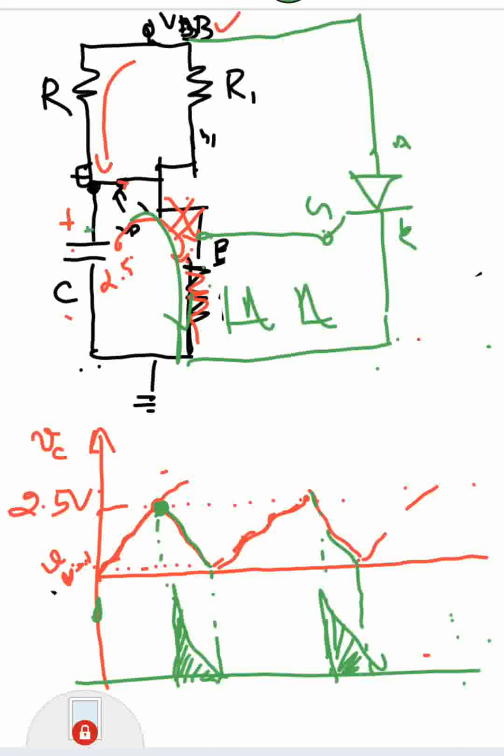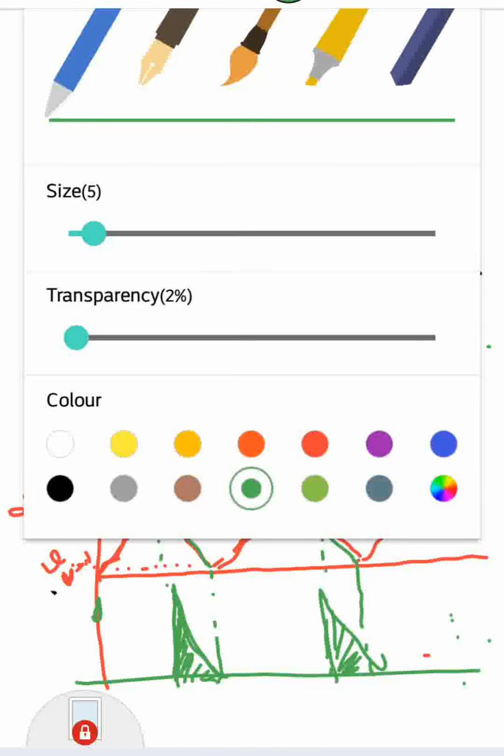So whenever the pulse arises, it is similar to gate triggering, that is, whenever this voltage is greater than VGT, the voltage that is required to turn on this SCR. Of course, the pulse has high magnitude for a very short duration of time, so it will definitely be greater than VGT. The SCR will trigger. Okay, now there are certain equations that you need to study.